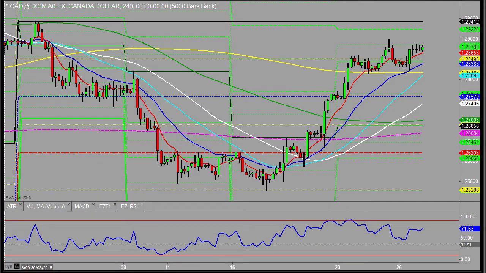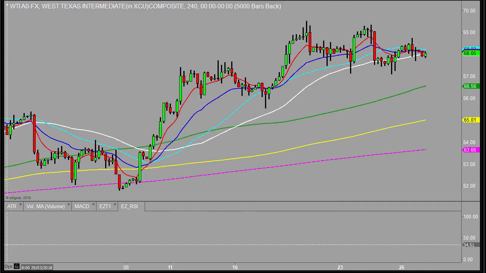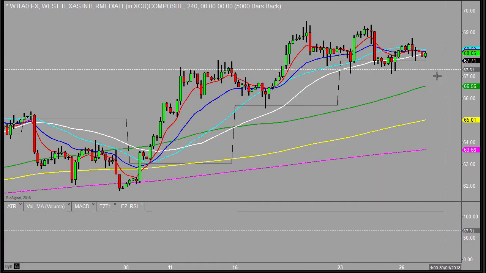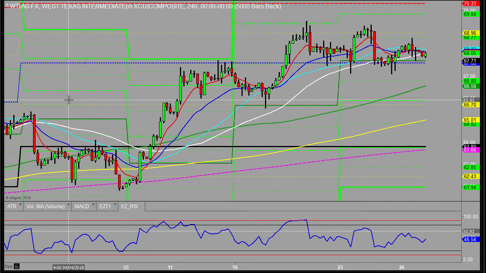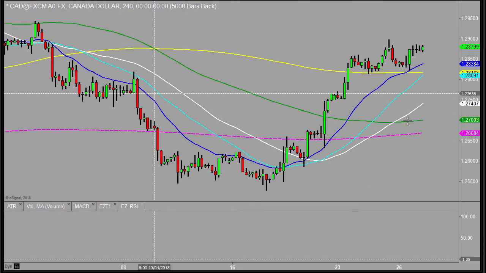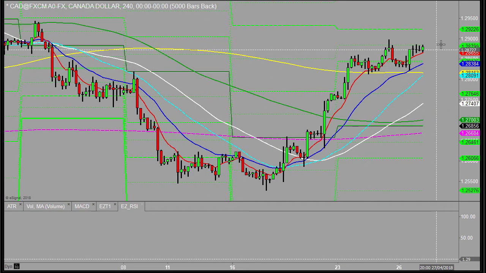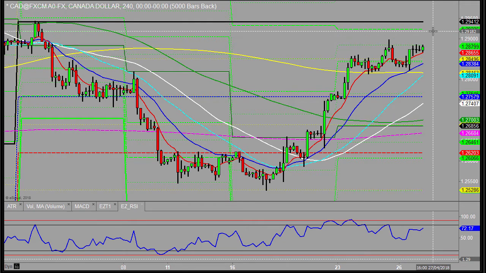And just a quick check of oil. Now, oil's not going anywhere at the moment. It's really stalled this week. Yeah, just struggling away at the moment. It's getting into a bit of a wedge sort of pattern or sideways channel, but struggling there. So the Canadian economy is not on fire, so a bit more softening could happen. As I said, we could be still heading further north on that.